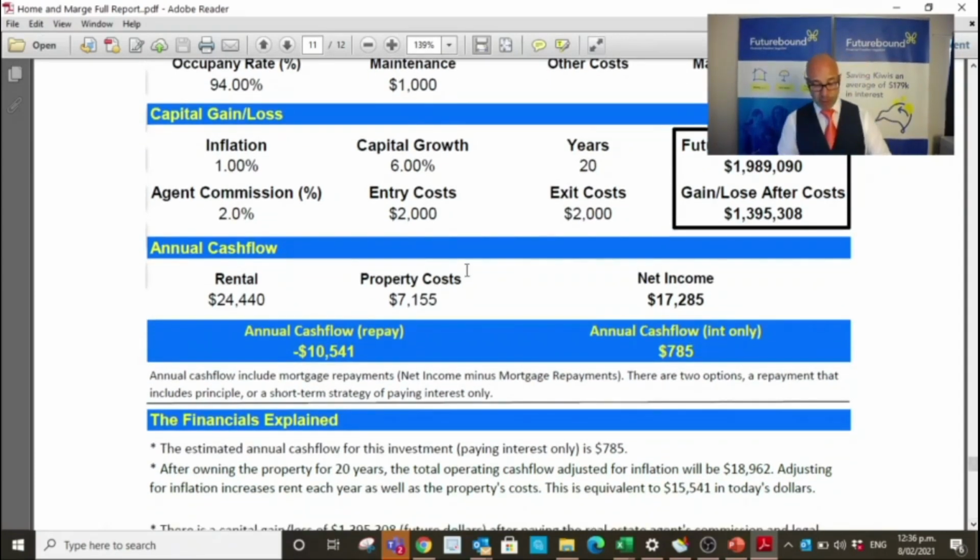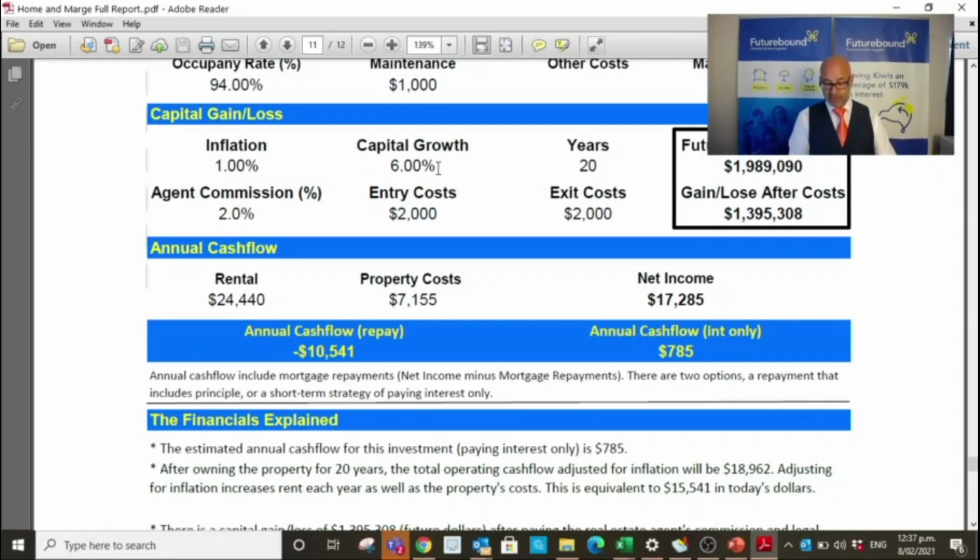In this example, we're dealing with 1% inflation. We've got a 6% capital growth rate. And this is actually pretty standard for New Zealand. It's more sometimes and less at other times, but 6% is actually historically pretty accurate. At the time of recording this, which is early 2021, the rate has been a lot higher than this